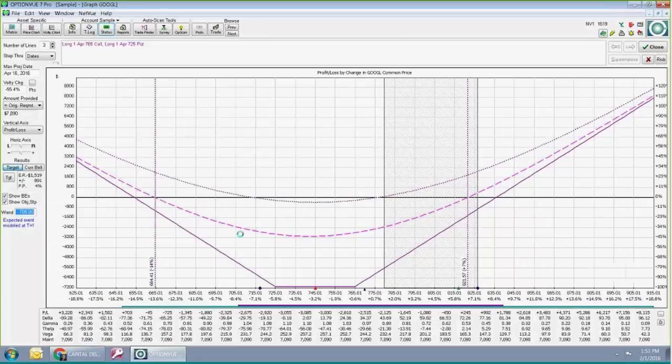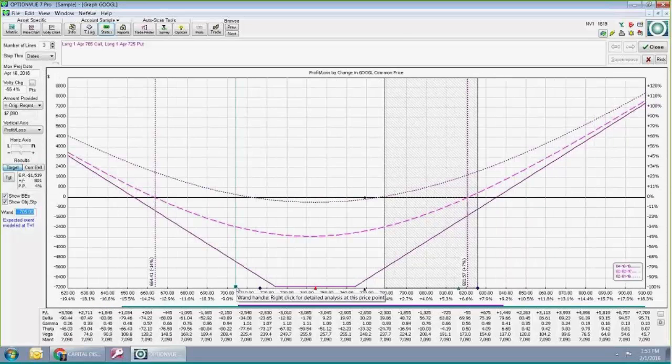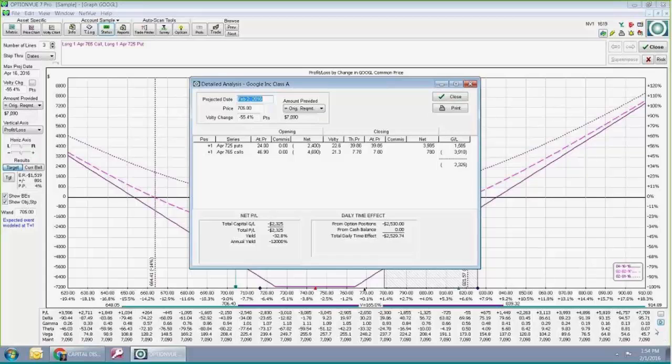But now where this wand is at 7:05, I just typed it in there. You can also drag it around. Drag it here, and you'll see that wherever you are, that little display comes up. Now when I'm at 7:05, how does it come up with what it thinks this will be worth tomorrow at 7:05? You hit the details button down here, and it shows you each leg.